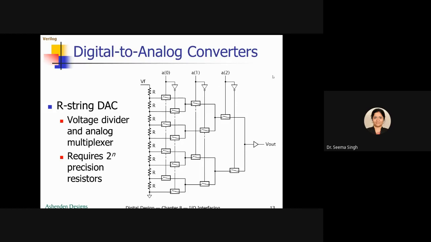Now imagine that it is 101. 101 means what will happen? This is closed, this is closed, and because it is 0, this becomes 1 with this not gate, and this is closed. So now you see what is happening. Your this switch is closed, right? Your this switch is closed, and this switch is closed, and this switch is closed.